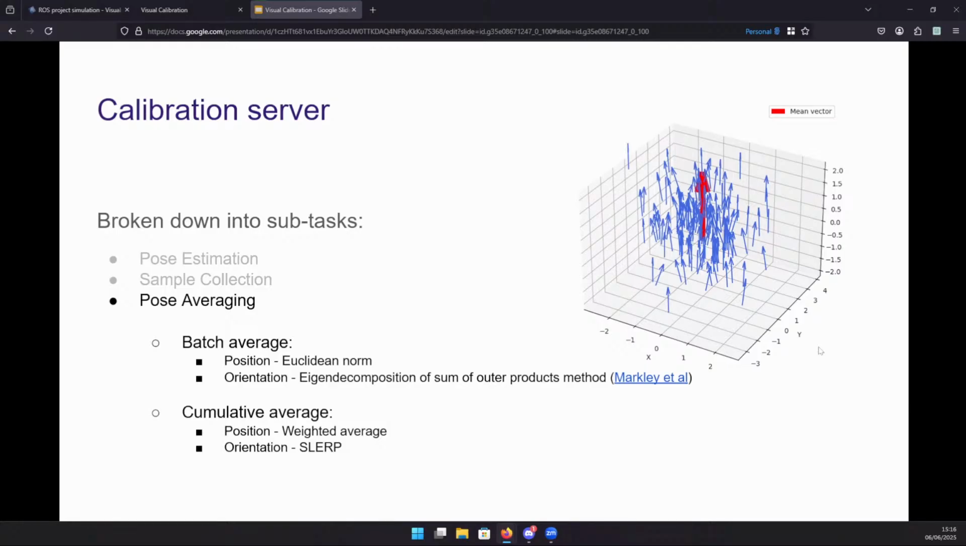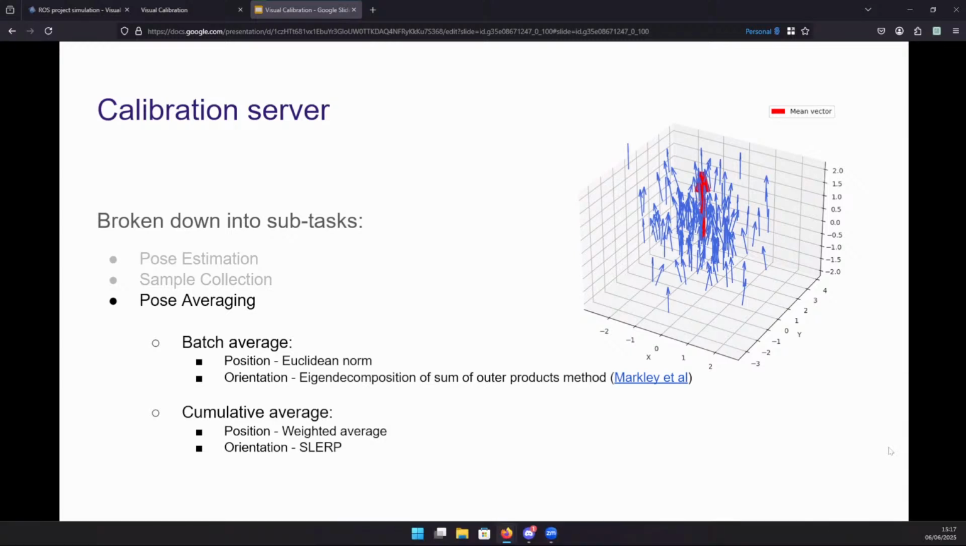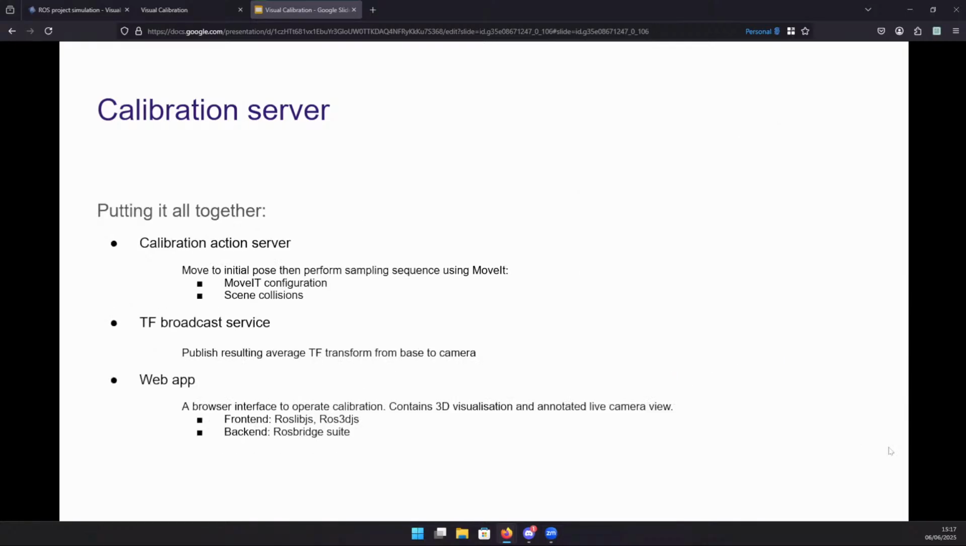And then after each batch, you want to basically accumulate what your average is. And so I'm just taking a cumulative average. For position, that's again simple. You're just adding the weighted sum. Whilst for orientation, I went by using spherical linear interpolation. Is that how it's pronounced? SLERP method to do that same task. So that's the process for averaging. And so now we have all the pieces together. Let's get it all integrated